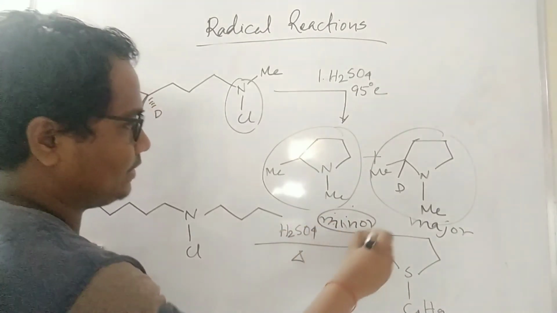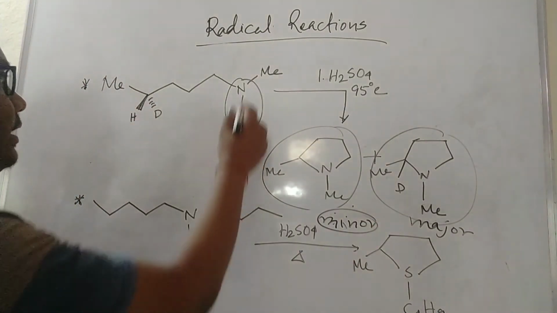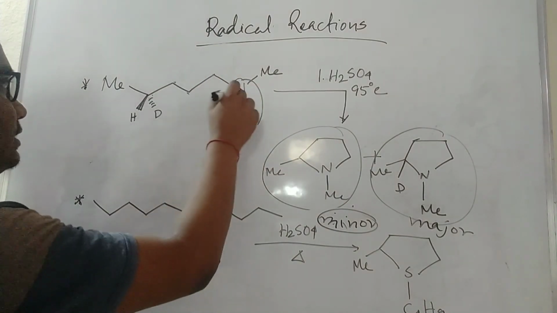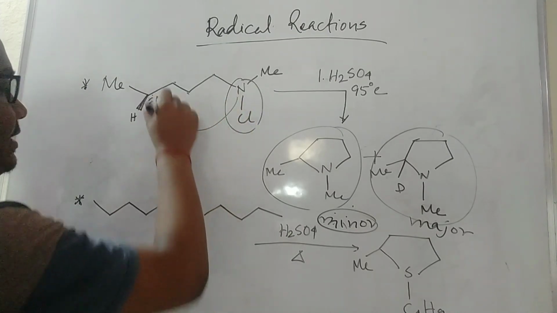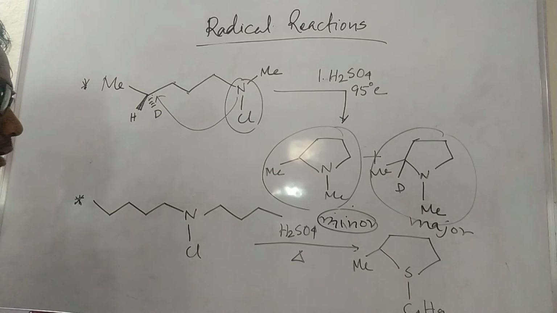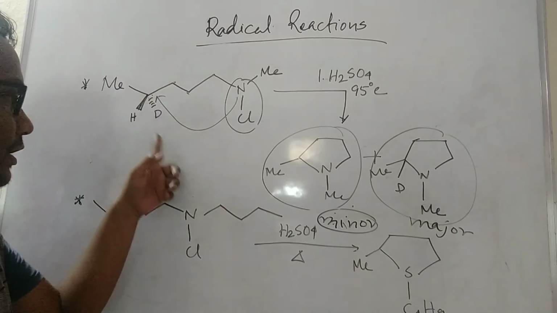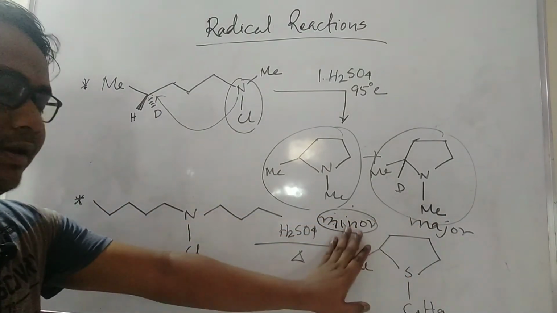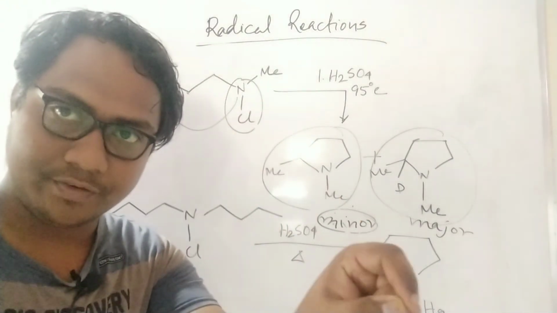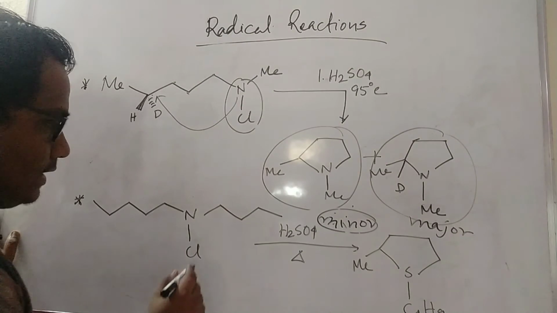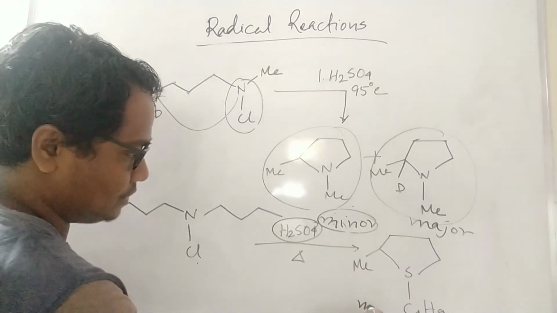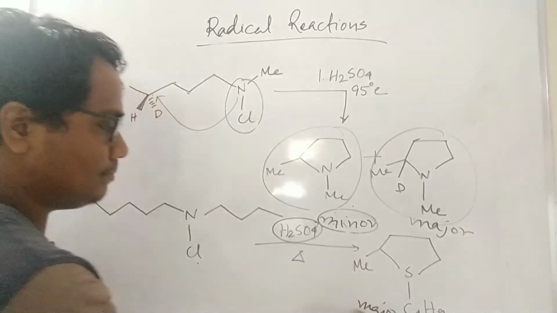So this is the minor product, where deuterium is there, and it will attack. Counting 1, 2, 3, 4, this nitrogen will come there, and it is a 5-membered ring. So this is the major product, and this is the minor product. That time the deuterium will come. That is why that is major and that is minor. You have to cross-check with your mechanism in your notebook, and you will clarify this idea. And this is another application of the Barton reaction. See, this is the main product, the major one, and this is the smaller one.